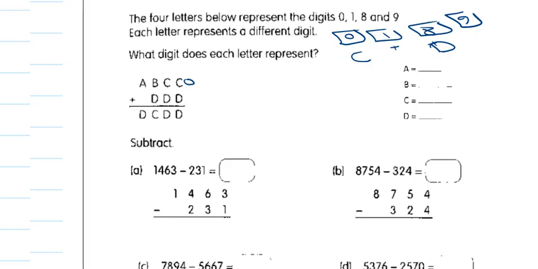Let's check both C as a 0 and D as a 9. 0 plus 9 gives you 9. B, let's check that B is